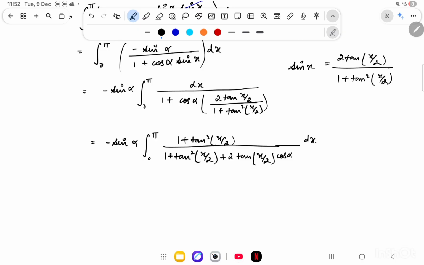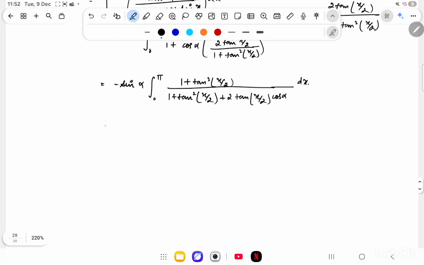Now what I can do is, since you observe that in the denominator we have a quadratic expression in tan x by 2, I can assume tan x by 2 as some u, so it will basically reduce to